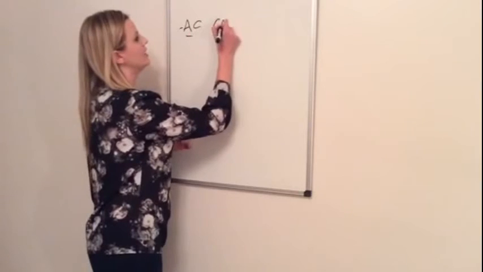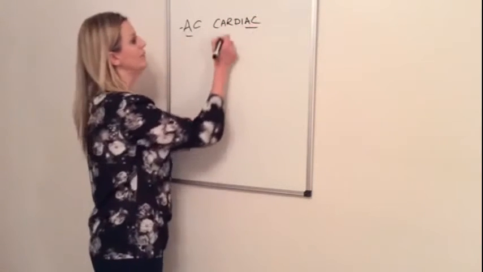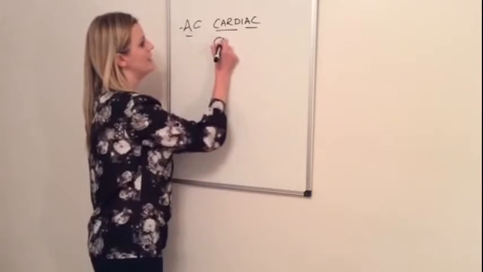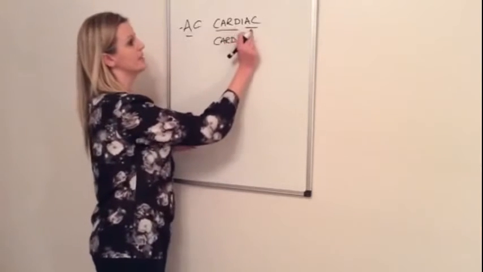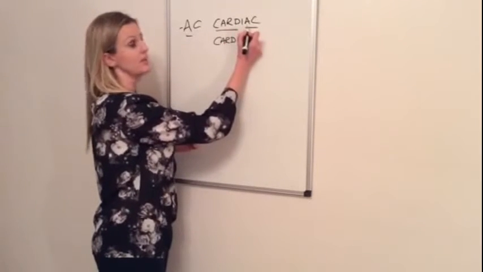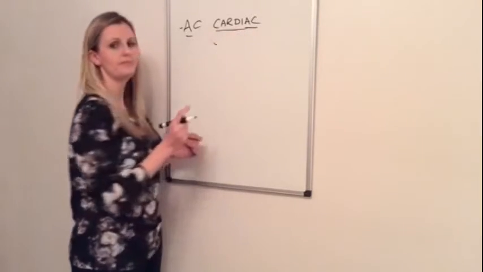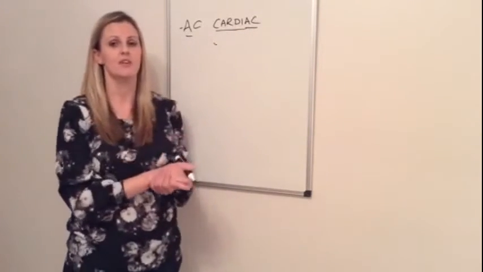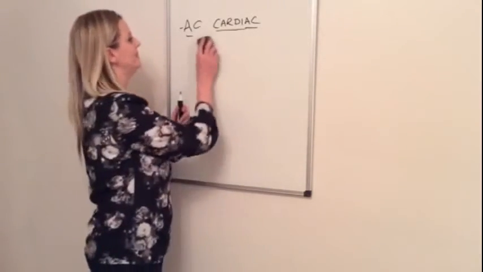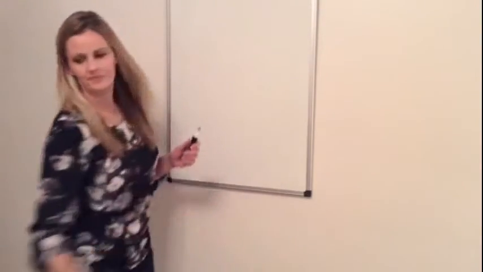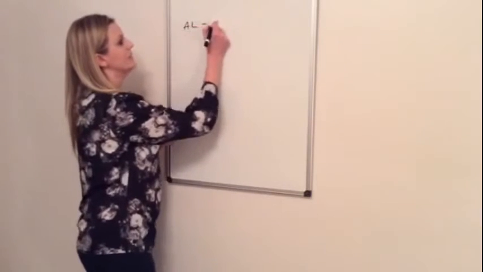So to put that in context, cardiac, relating to the heart. If you notice here, again, we've dropped the O because our suffix ac starts with a vowel, so we don't need that O and the word becomes cardiac. Now pause the video and see if you can think of the other 5. So did you get them? Let's start with al. For example,